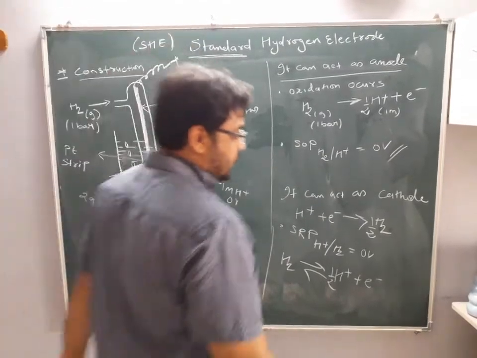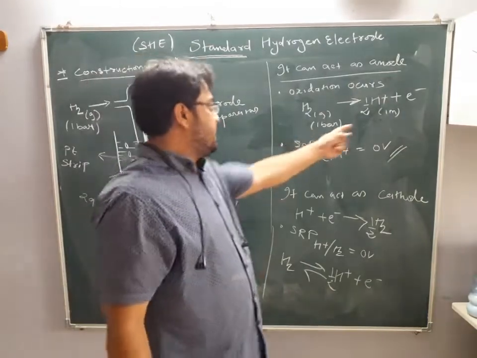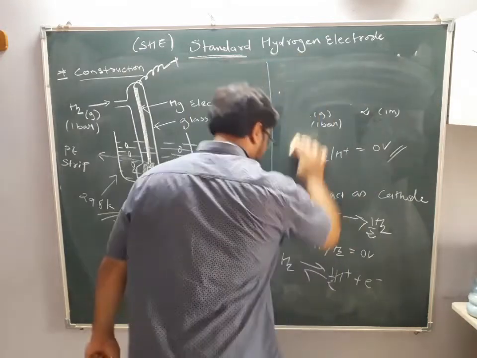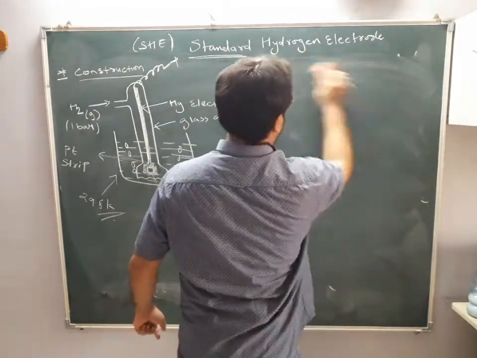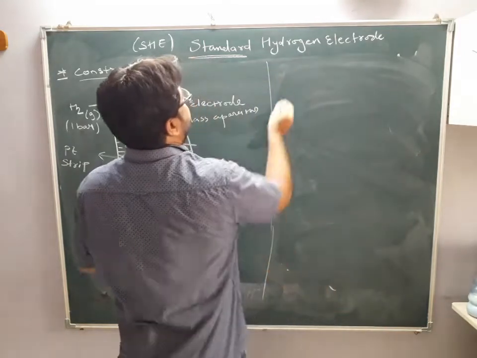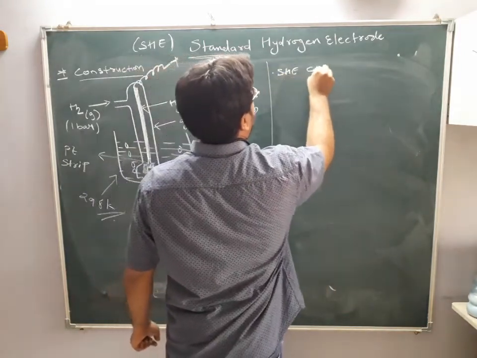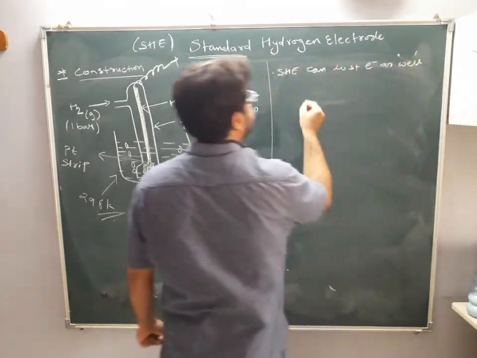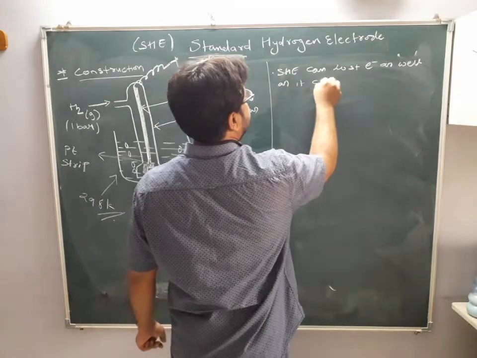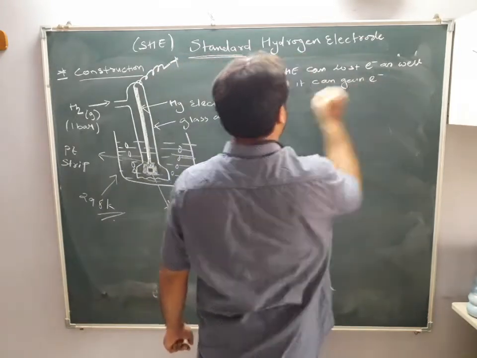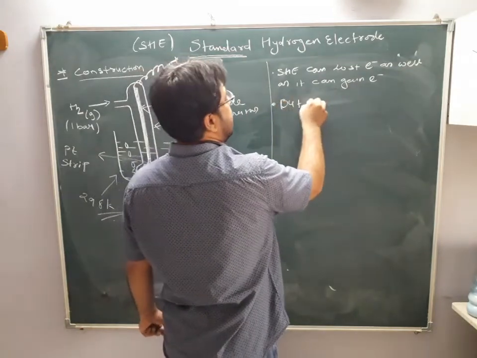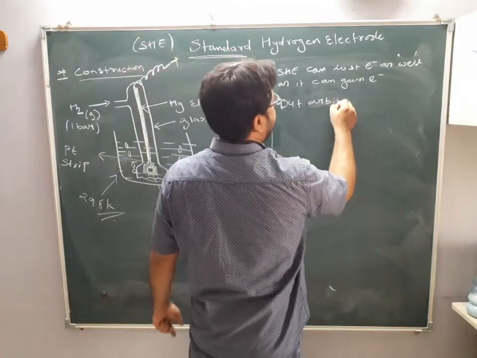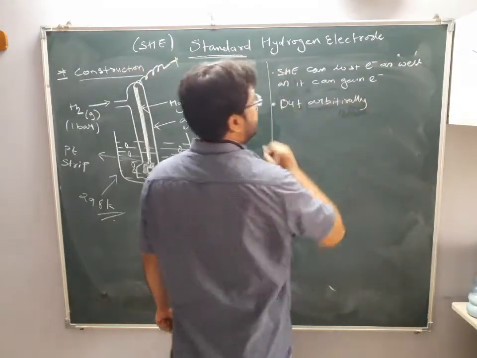Clear this part? Okay. Now see here. Here they can lose the electron. Here they can gain the electron. But arbitrarily. Now write down, it's very important. So we have seen that it can lose electron as well as, as we have seen in the above reaction, it can gain electron. But arbitrarily means we are assuming, we have to say yes according to IUPAC rules.